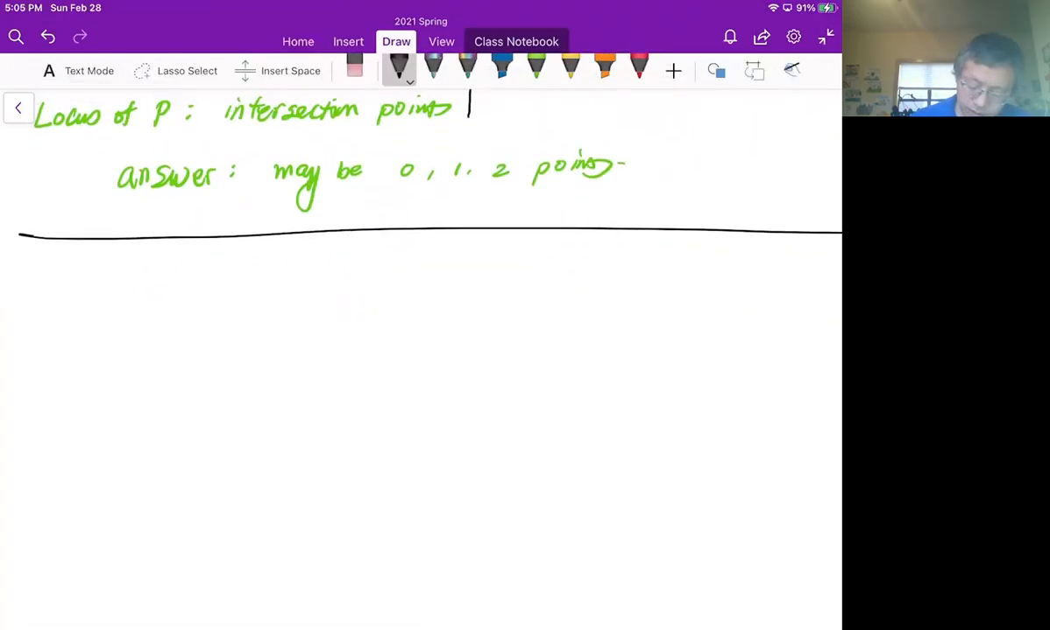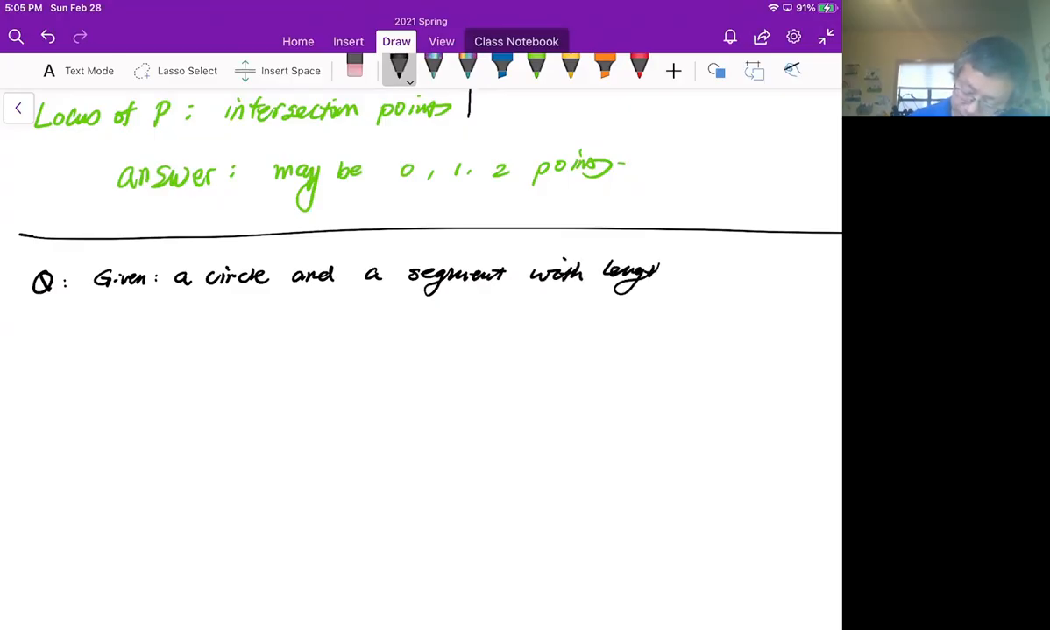so let's say, suppose, given a circle and a segment. Segment just means a line segment with length k. Okay. All I want is that I want to inscribe in the circle